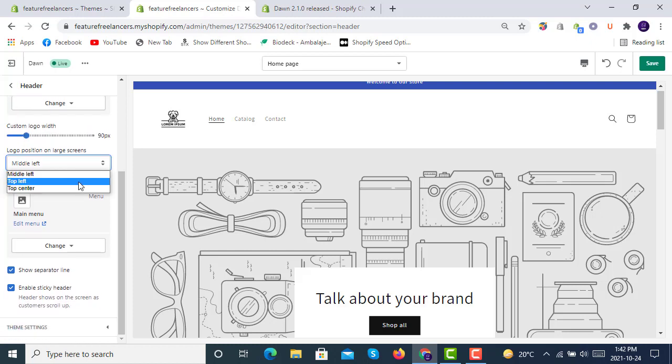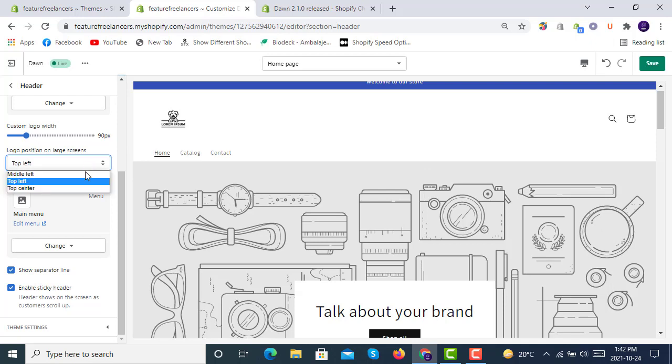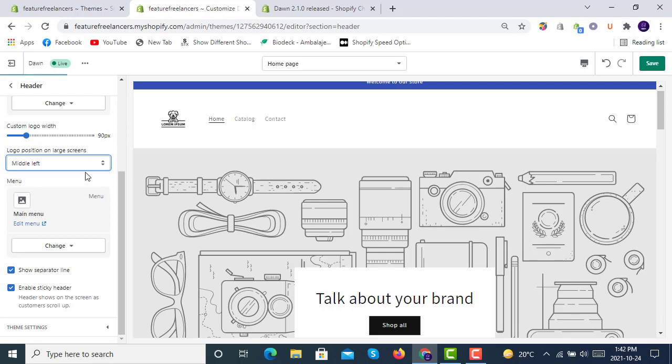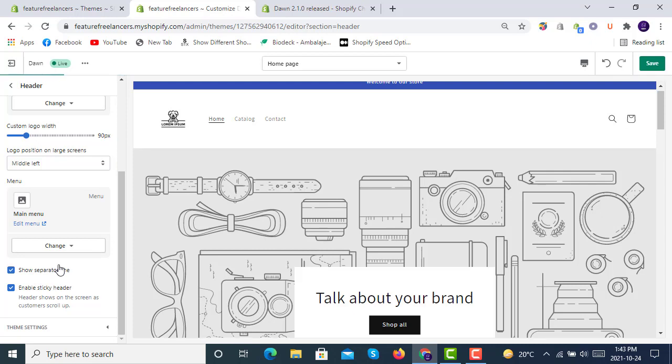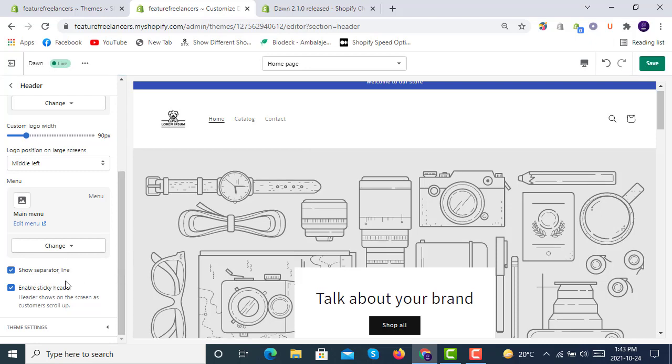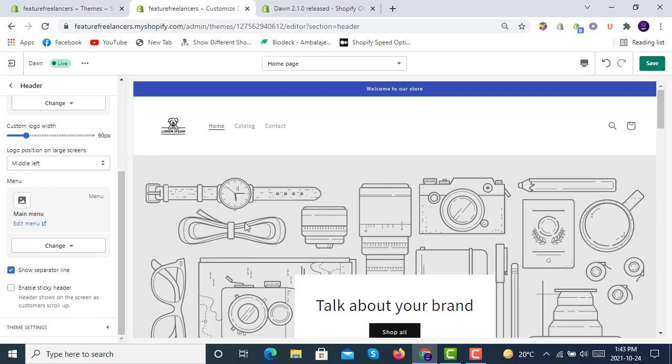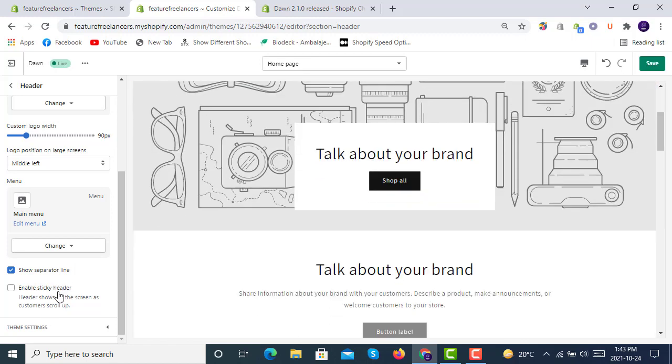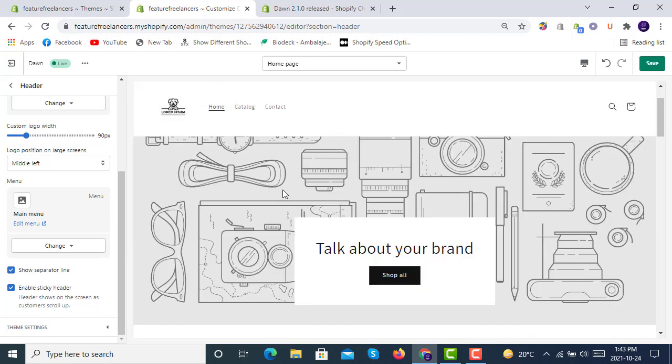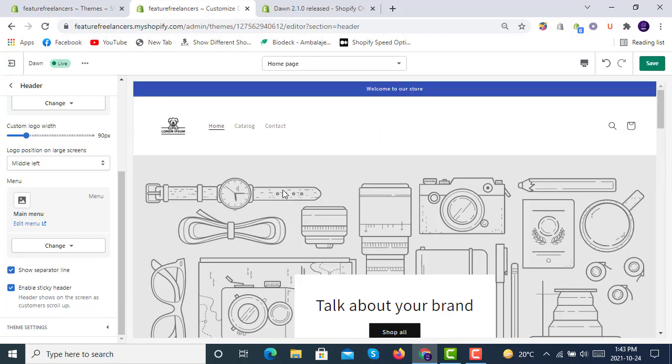You can also place it on top left, middle left, on top center, like this. Okay, I think this one is looking better for this. Then we have show separator line. It's showing now, it's not showing now. We will show the separator line. And for sticky header, you can enable or disable this. If it is disabled, it will not be showing here. If it's enabled, your header will be showing sticky. It will stick to here, and if it's non-sticky,